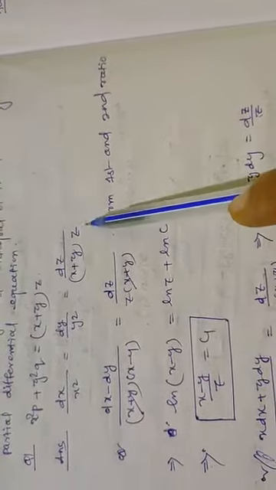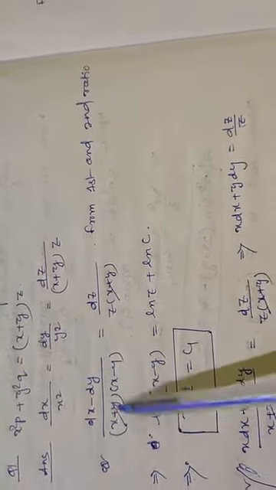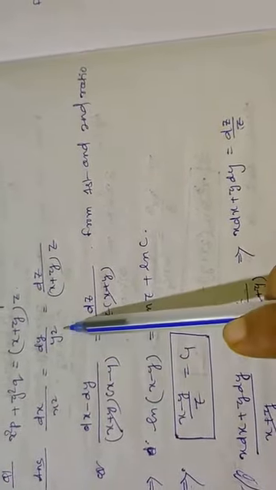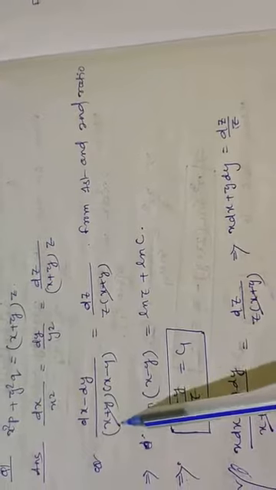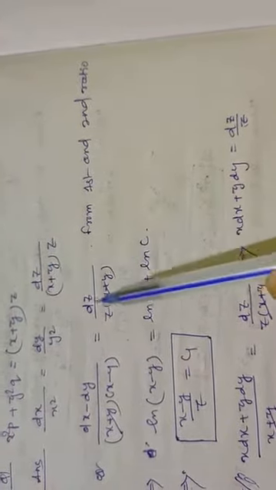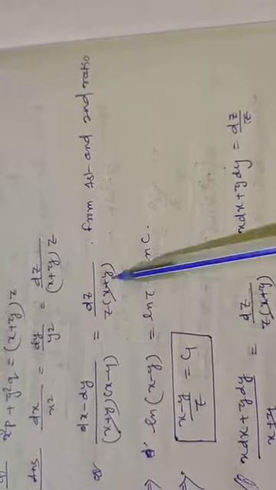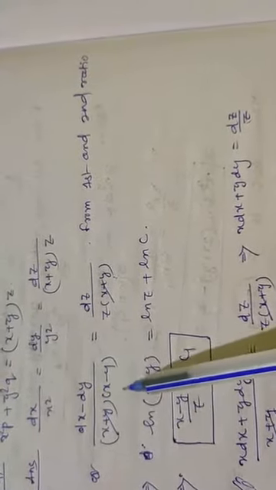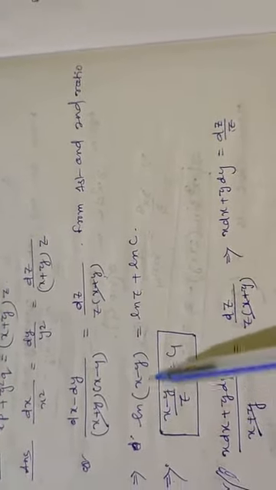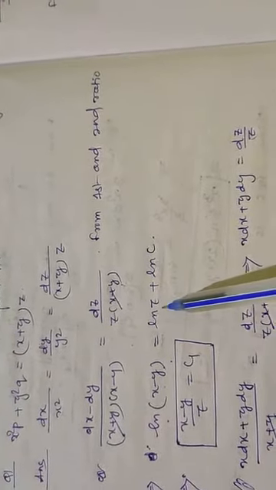From this auxiliary equation, we can form this one: (dx minus dy) divided by (x minus y), (dx minus dy) divided by (x square minus y square). That can be written as (x plus y) into (x minus y), is equal to dz by z into (x plus y). Now x plus y is cancelled out and it becomes (dx minus dy) divided by (x minus y) is equal to dz by z, which on integration gives us ln(x minus y) is equal to ln z